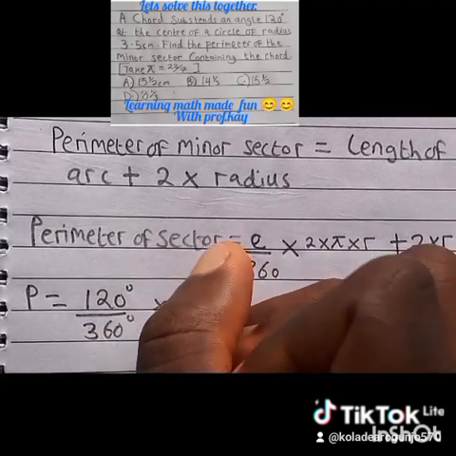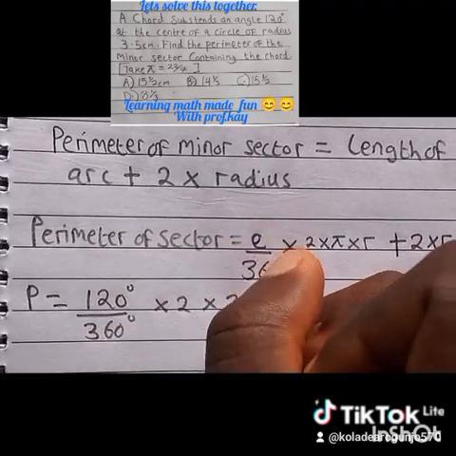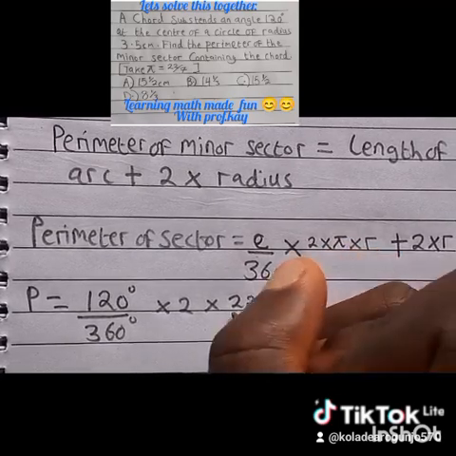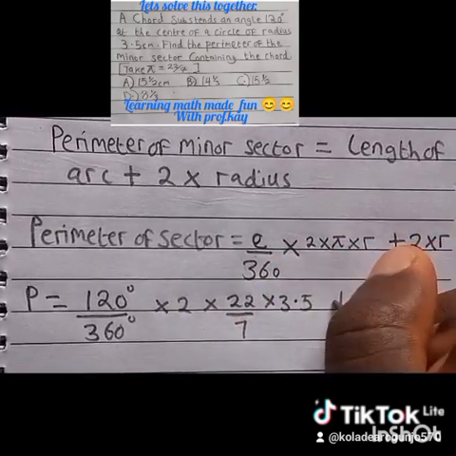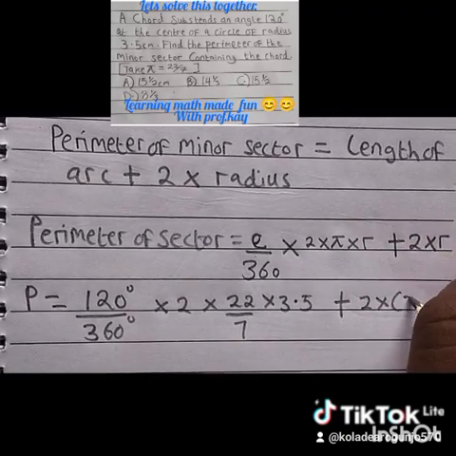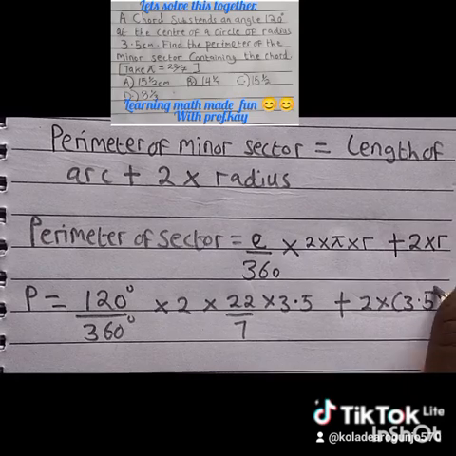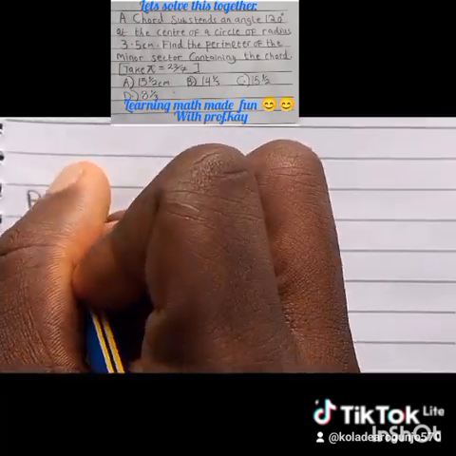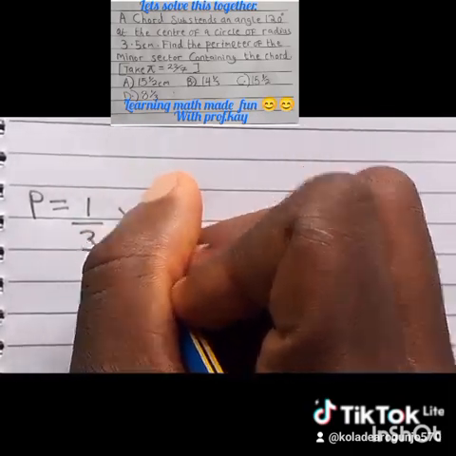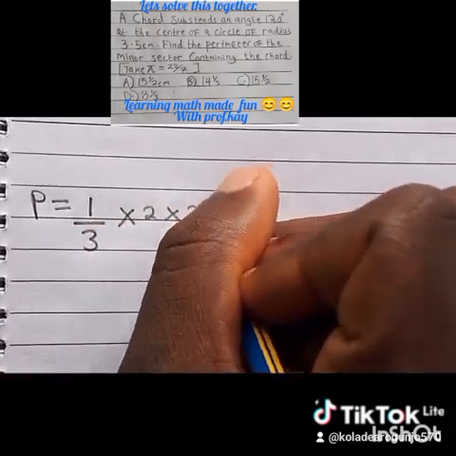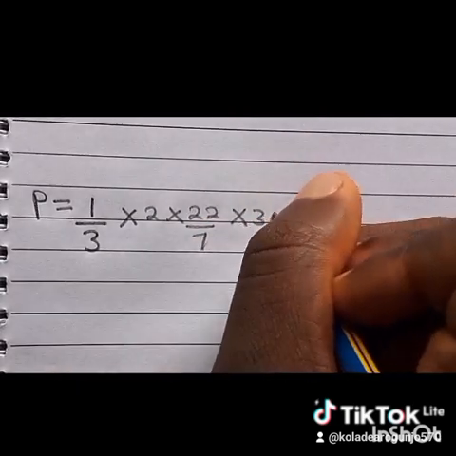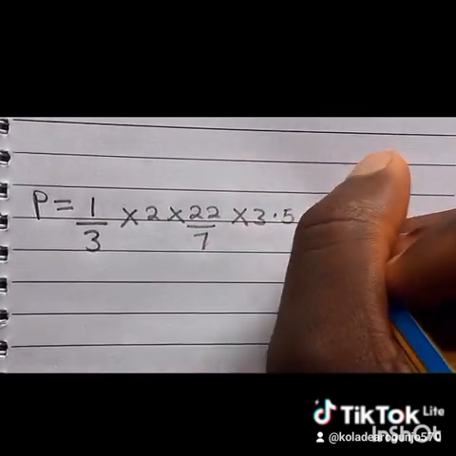So we have our angle to be 120 degrees over 360 because we are dealing with the minor sector, the smaller sector. Assuming we were asked to find the major, it would be 240 degrees, since the total angle in the circle is 360 degrees. That gives us 120 degrees over 360 multiplied by 2. We have it there on the note. So we have 1 over 3 multiplied by 2, after 120 over 360 is simplified, multiplied by 22/7 multiplied by 3.5,